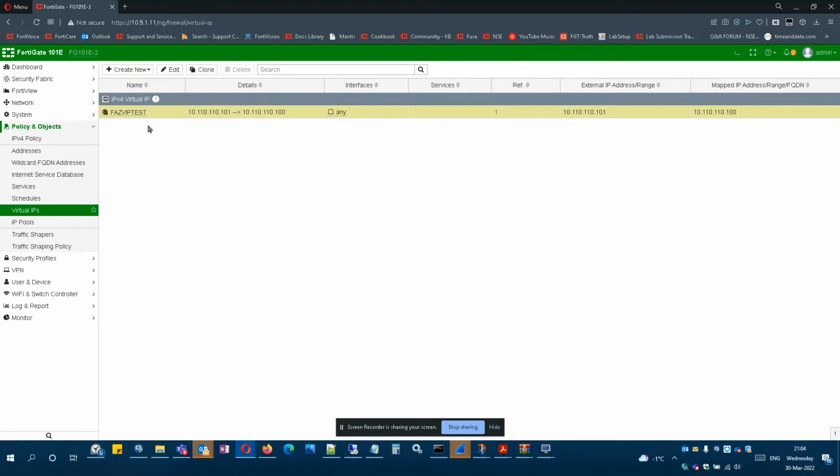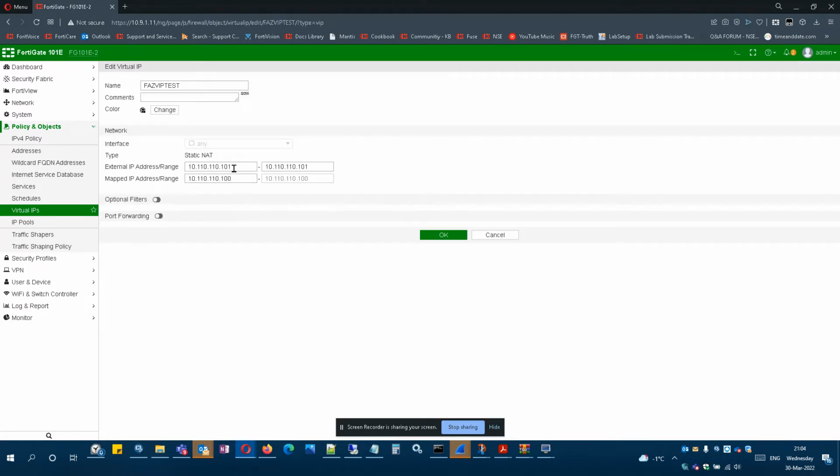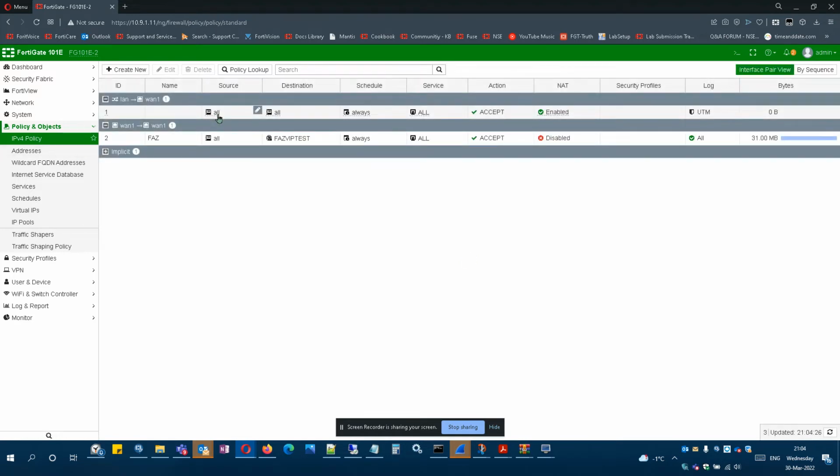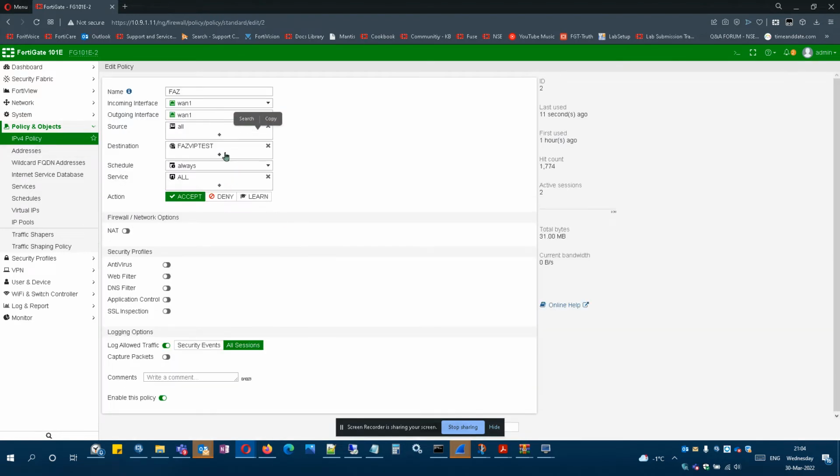So, of course, we want to just review the configuration on the FortiGate. We have a VIP set up, and the external IP, 10.110.110.101, is set up to be NATed to this IP address, 10.110.110.100, and we have these configured or added in the policy as the destination. You also want to make sure that logging is enabled for all sessions in this policy, and of course we are having our hits,